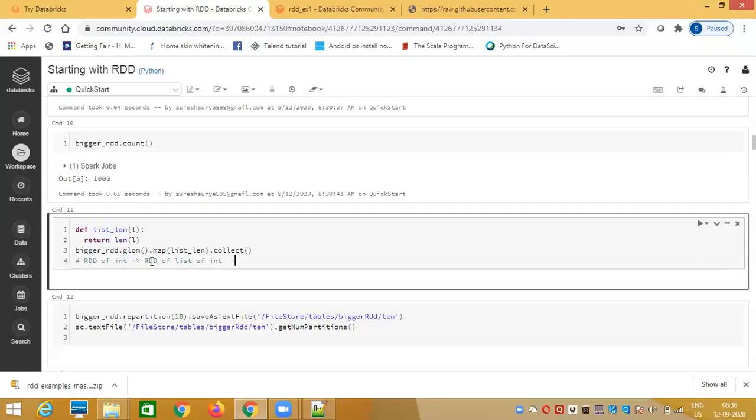That's the transformation that happened on this, isn't it? So the RDD of integers just converted to an RDD of lists of integers.